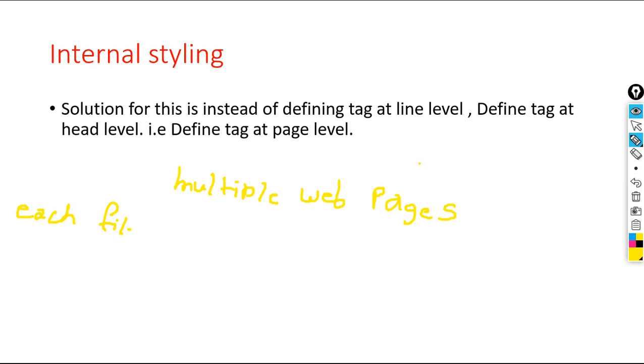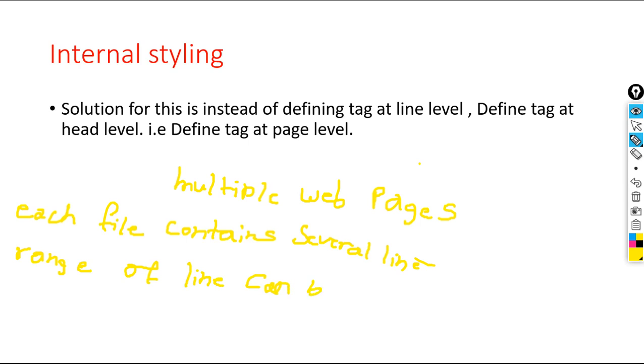Each file contains several lines. The range of lines can be 1000 or greater than 1000.